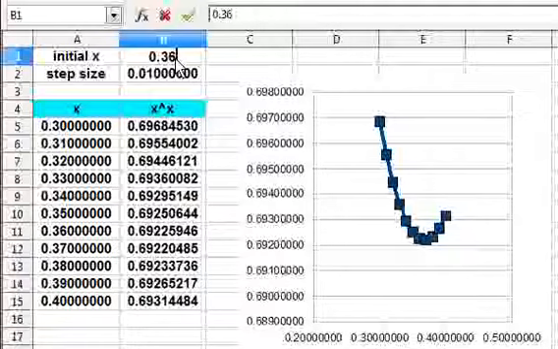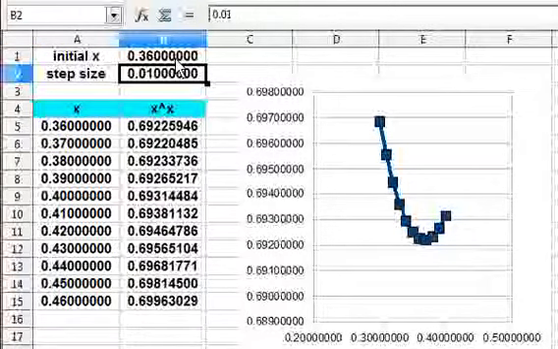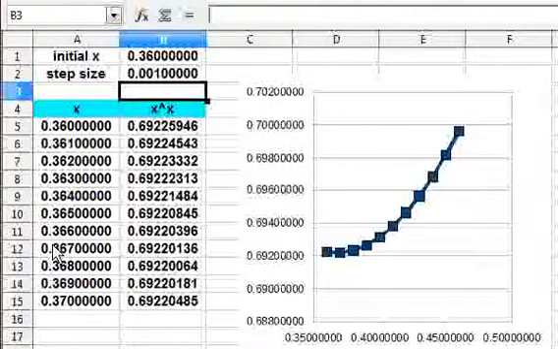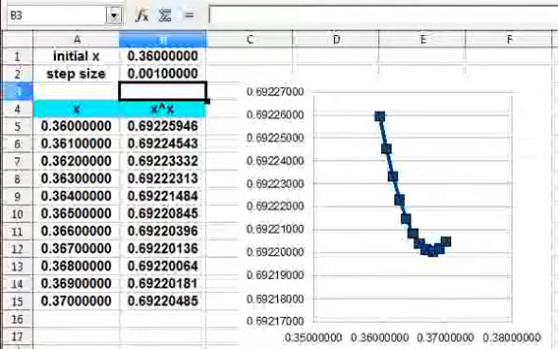I generate from 0.36, and I will give one more zero here to increase my resolution. Now I am plotting the values from 0.360 to 0.370, and again we see that the minimum occurs somewhere here. You can closely observe the values.